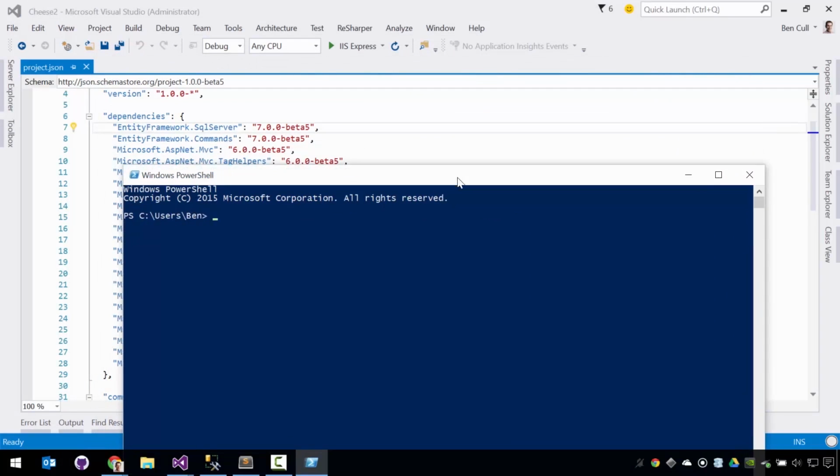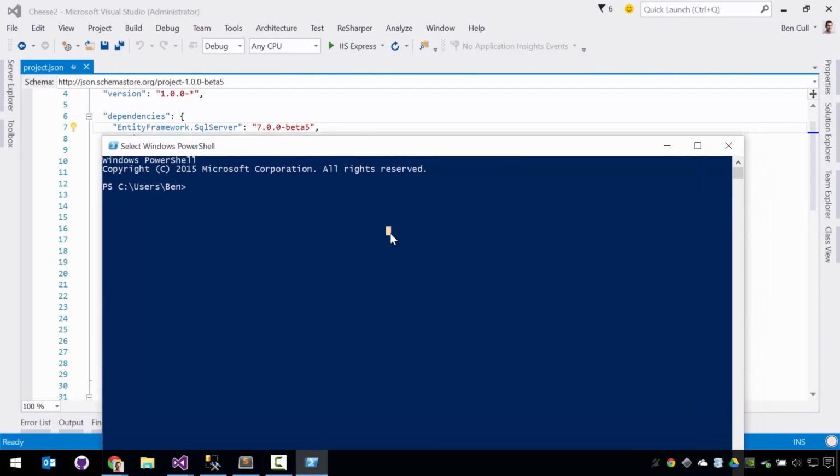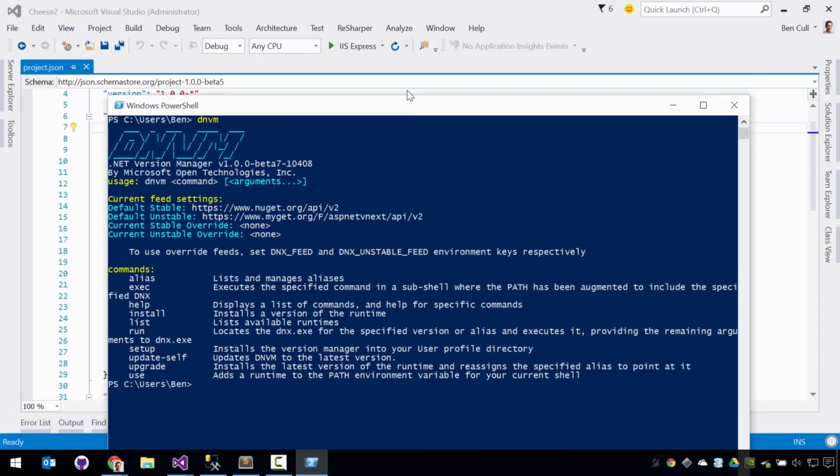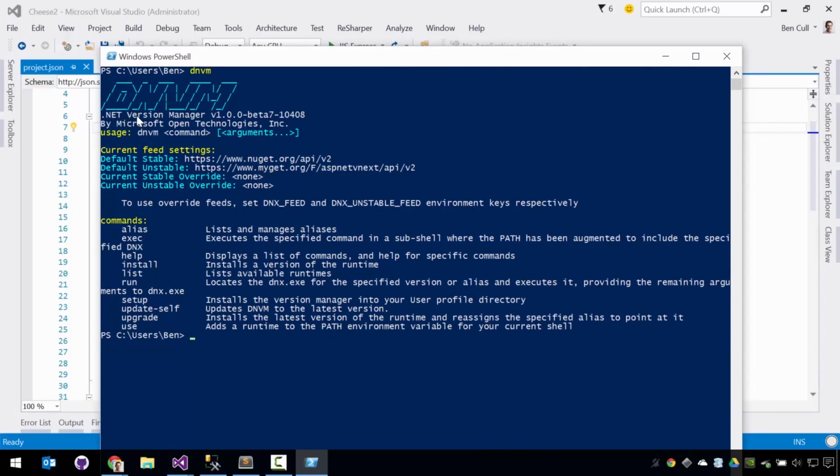So if I spin up a PowerShell window, I'm going to introduce you to one of the new technologies in ASP.NET 5 and really Visual Studio 2015, which is DNVM. Now, if you have a look at this, you can see that it's a .NET version manager. Now, this is beta 7 because that's the latest one. And if I go DNVM list,